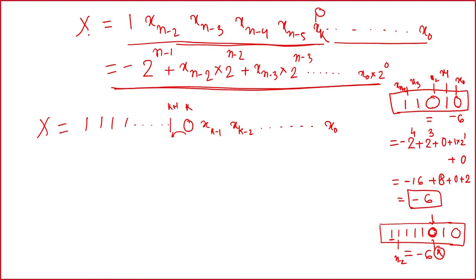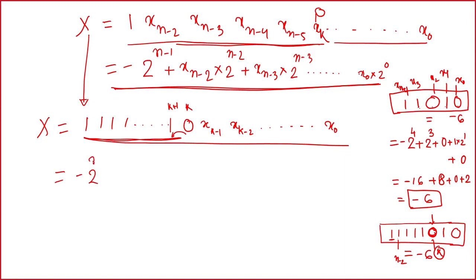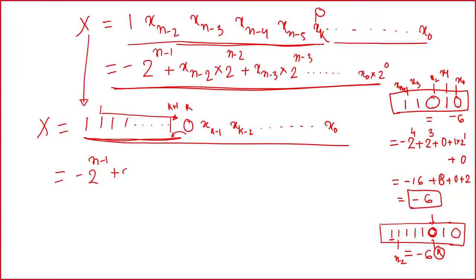So, exactly the x whatever value we wrote, we are writing here in exactly the same way. Okay. So, now in this one, the entire value we wrote is equal to minus 2 to the power n minus 1. Now consider from this position to this position, this is all 1. Earlier we learned that if you have consecutive 1s, we can write it as 2 to the power n minus 1 minus 2 to the